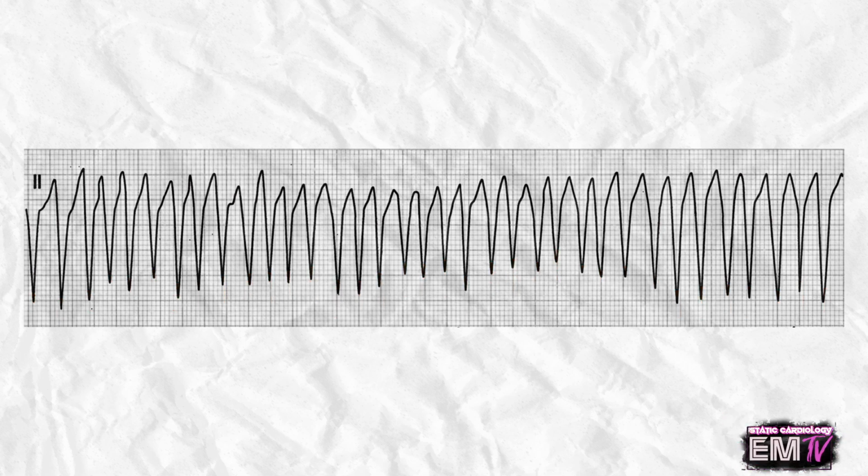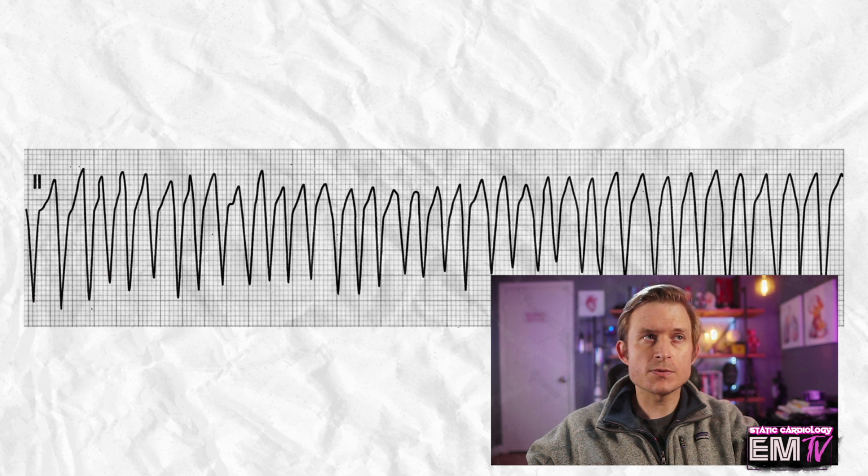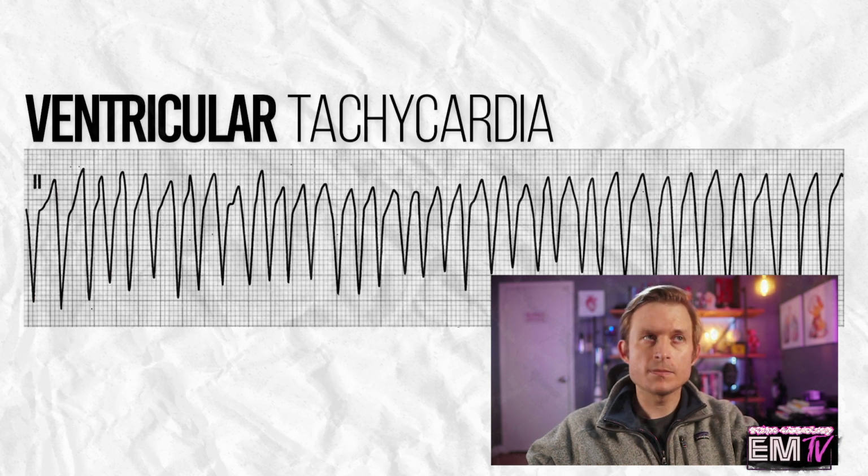Next thing I'll do is examine the R to R interval. The R to R interval here looks fairly consistent. I'm also not seeing any real good identifiable P waves. I'll then measure the QRS interval, and I'm finding that it's wide. Because of this wide QRS interval, no discernible P wave, and a regular R to R interval, I know that this rhythm is being initiated below the atria and the AV node. And because this rate is well over 100, the only possibility for this rhythm's identification is ventricular tachycardia, or VTach. Now, let's go ahead and take a look at the scenario.